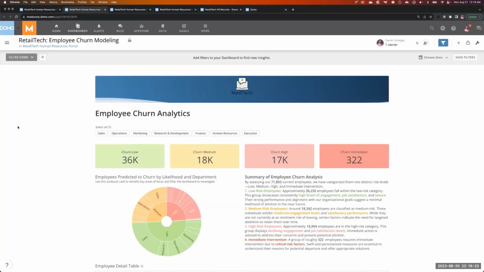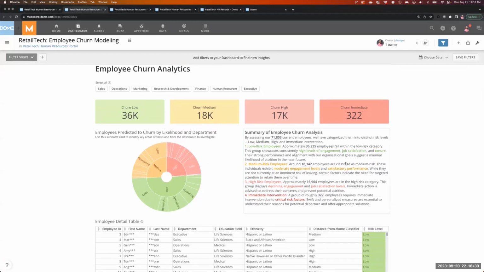And that lands us here with a really actionable dashboard that, again, if I'm an executive, I want to know these high level stats around low, medium, high, and immediate intervention. I want these numbers to get smaller as I go because I really don't want to be losing people in my company. And then I'm getting a detailed analysis here of our 71,803 current employees who are low risk, medium